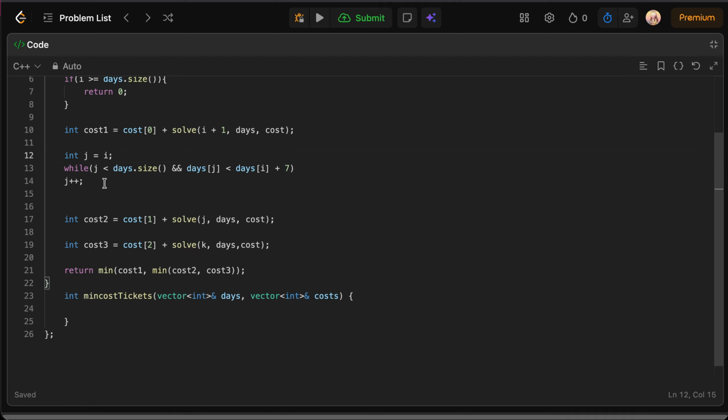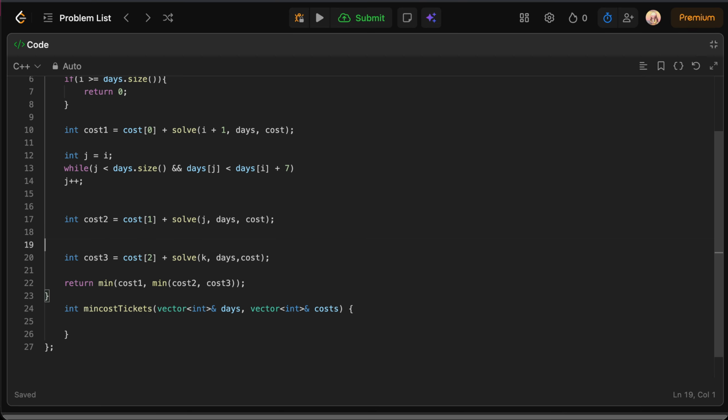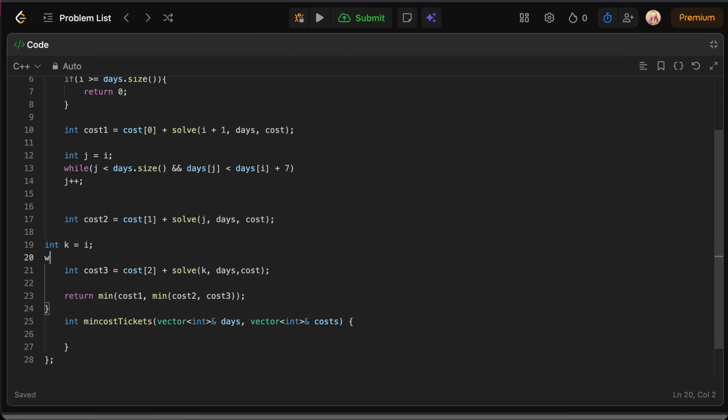While j is less than days.size and days[j] is less than days[i] plus 7, j will increase in cost 2. Solve of i, j and days of cost in option 3. In k is equal to i, I forgot to write this. I have not written while j, and next we simply have to write while